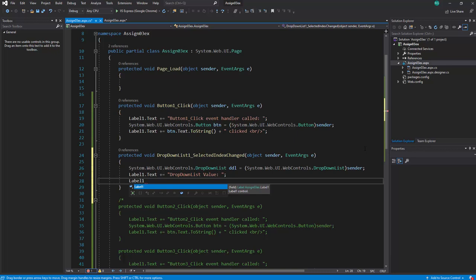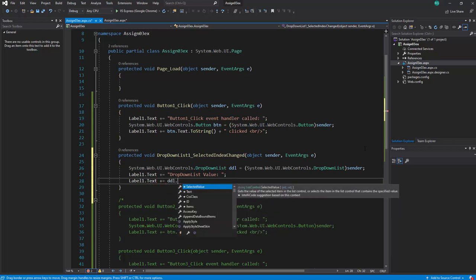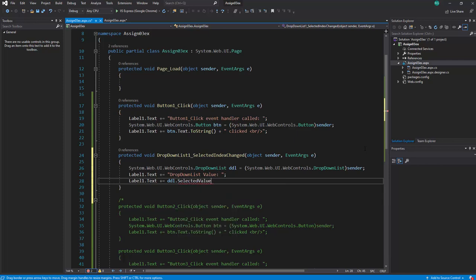Remember I said we're going to grab the value equals and the text equals out of that. We use DDL dot, and we are looking for SelectedValue, and we'll do a ToString on that,